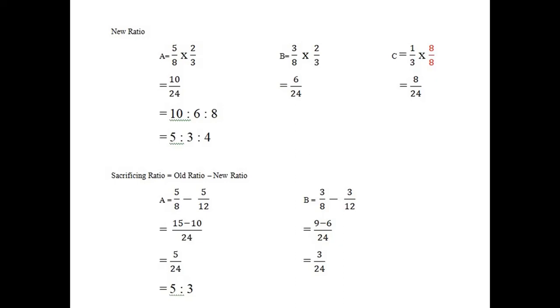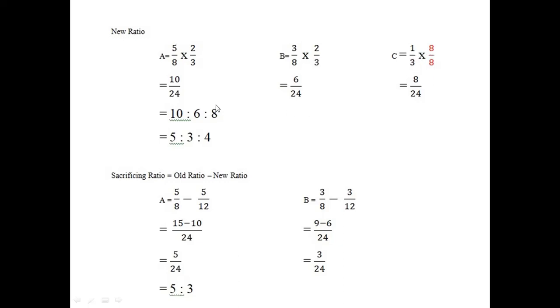Okay, now we will solve question number 75 in this video. C is a new partner who is coming for one third share, and the remaining portion is 2 by 3, which will be shared between A and B as per their old profit sharing ratio, which is 5 is to 3. And you know why we are multiplying by 8, both numerator and denominator.